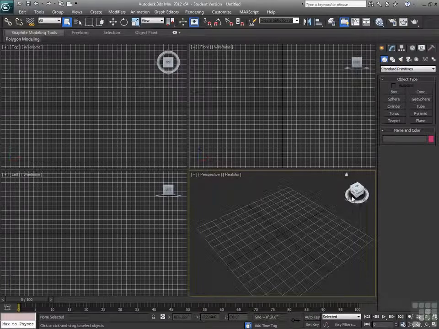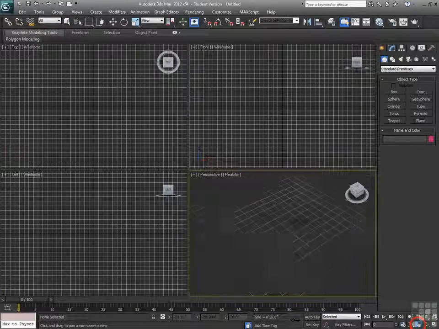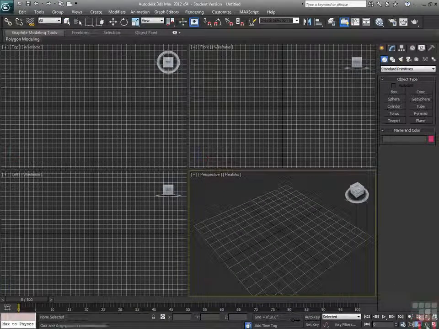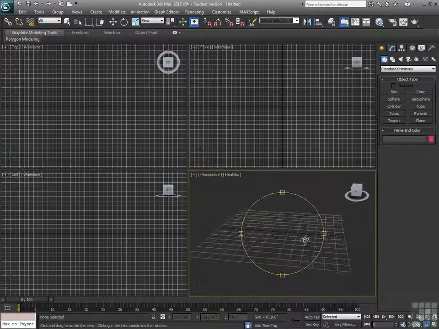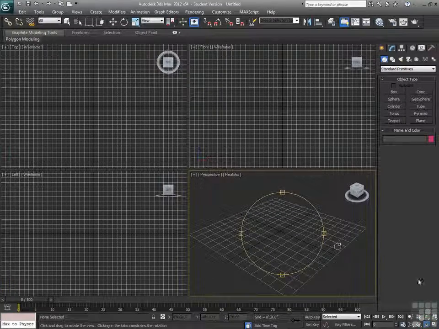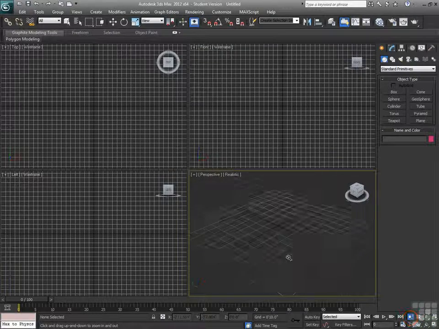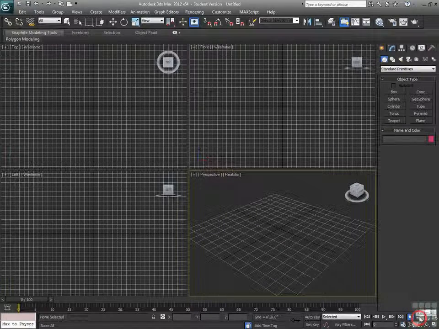Between the view cube and the tools down here, I have the pan hand that I can move around. I have orbit, or arc rotate, as it used to be called. I still call it arc rotate all the time. I also have the ability to zoom in an object. I can zoom the entire view. I can zoom multiple views, I can zoom to selected objects, I have field of view. So pan, orbit, and zoom are going to be the three tools that you use the most within